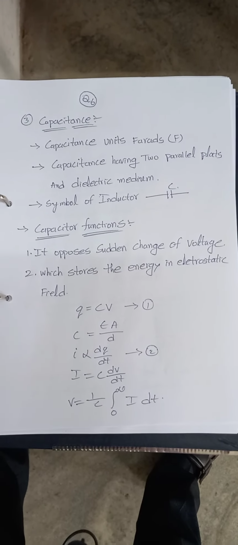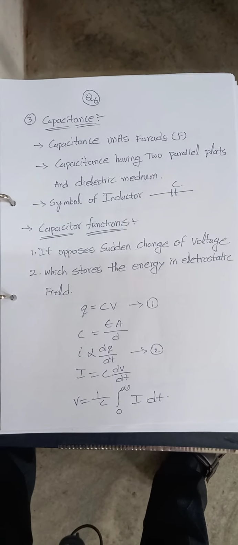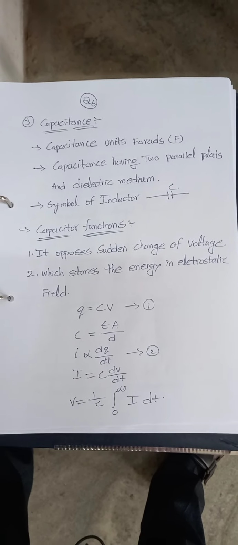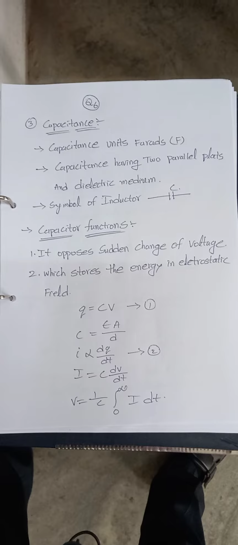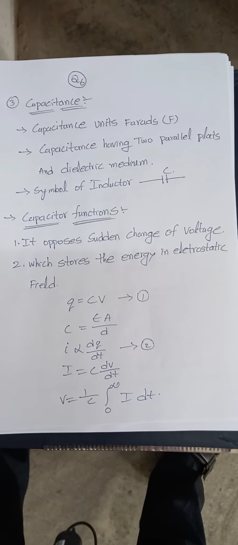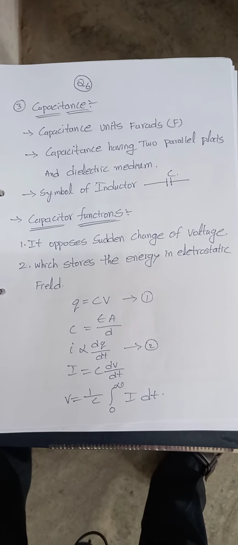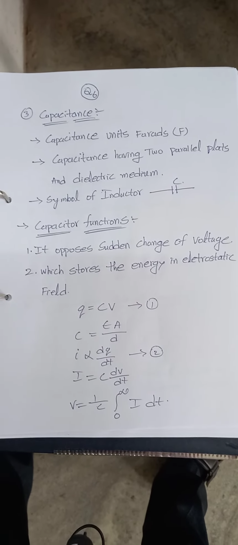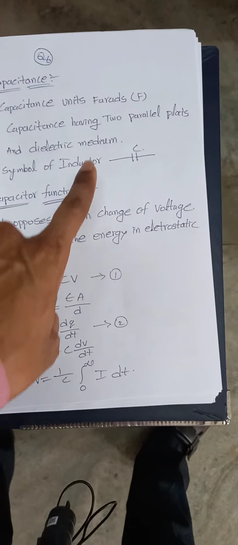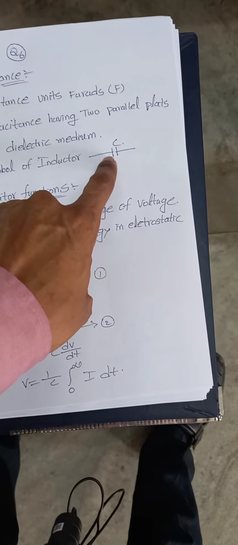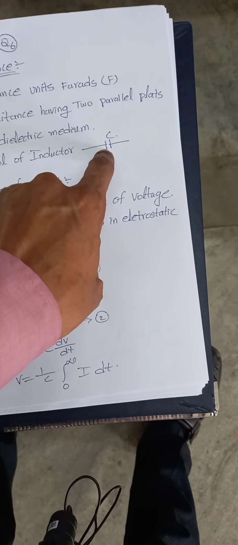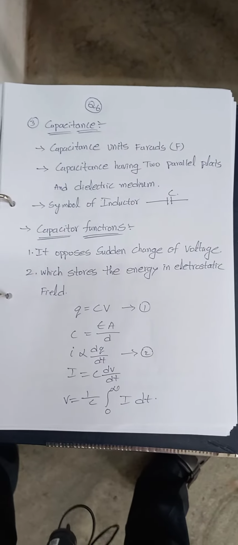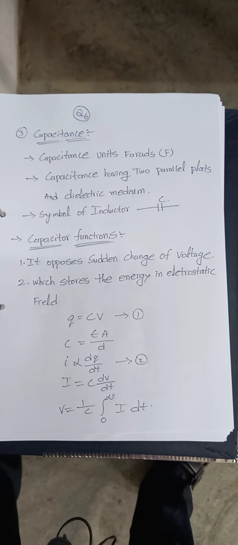Out of 50 questions, our next question is the sixth question. That one is capacitance. Capacitance units are farads, and a capacitor has two parallel plates with a dielectric medium in between them, and the symbol of the capacitor is given here. Here also you remember, this is one parallel plate and this one is another parallel plate, and the capacitor's functionality is